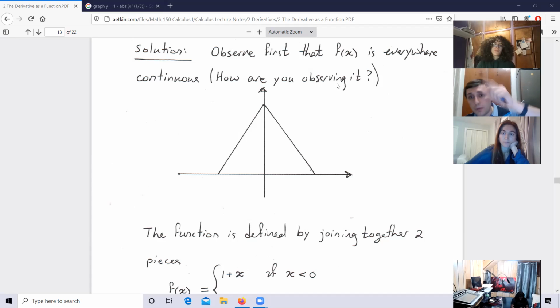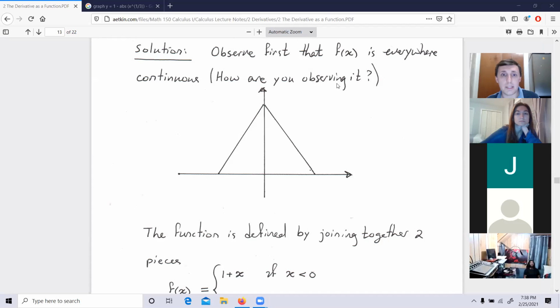Now, if you know the slope of a line and you know a point on the graph at which you're zooming in, then you have the equation of the tangent line. That's what you're seeing. Good. So that means anywhere you calculate the derivative on this side, the answer will be +1. The slope is +1. Anywhere you calculate the derivative here, the answer will be -1. And at 0, it will be +1 and -1. The derivative curve is discontinuous there.